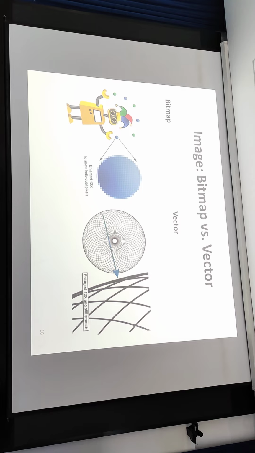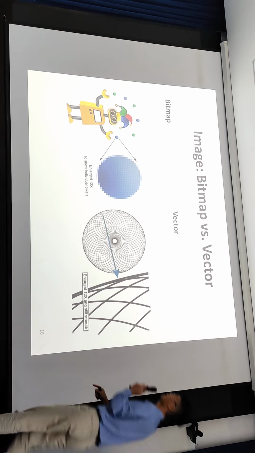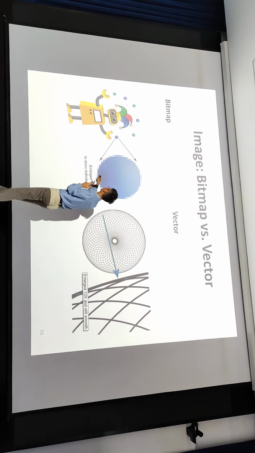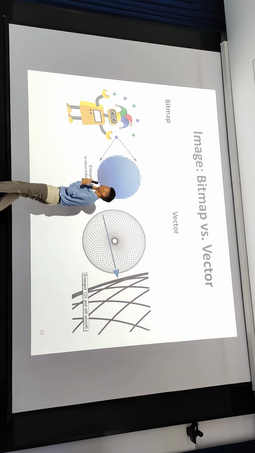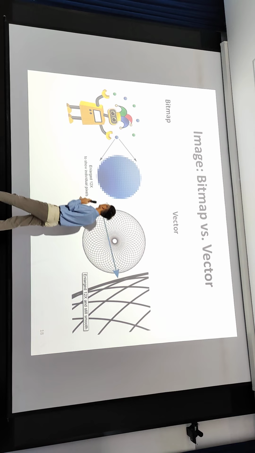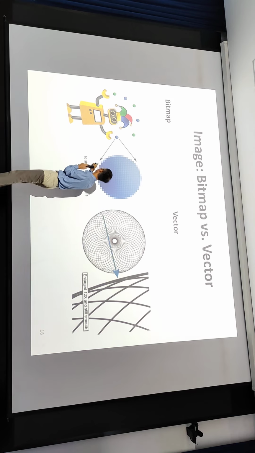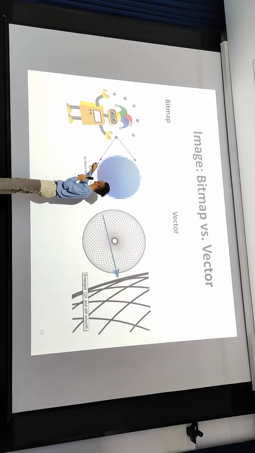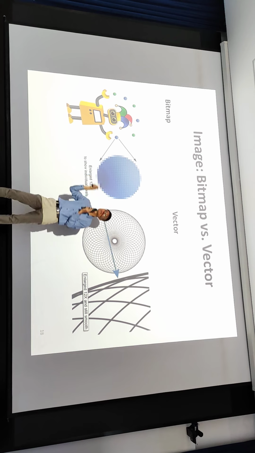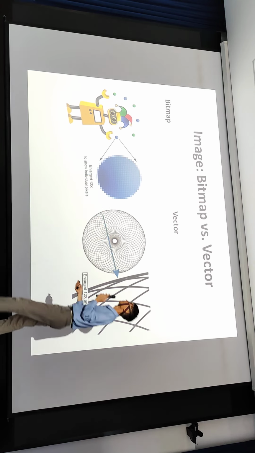Thank you. And he said that each component of a bitmap image is a dot. Just a dot. And every pixel, as I showed you, is composed of three numbers: red, green, blue. And this is actually two-dimensional data. When we zoom in, it means that the pixel is enlarged, and also the next pixel in white is also enlarged, and there's no information about the middle between the pixels.